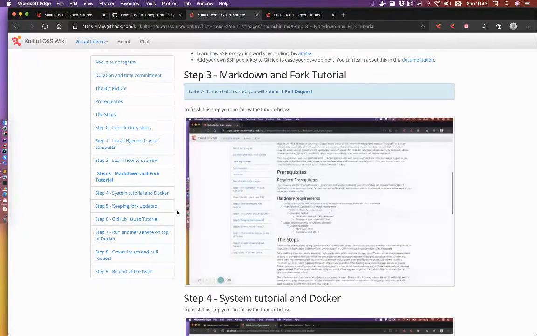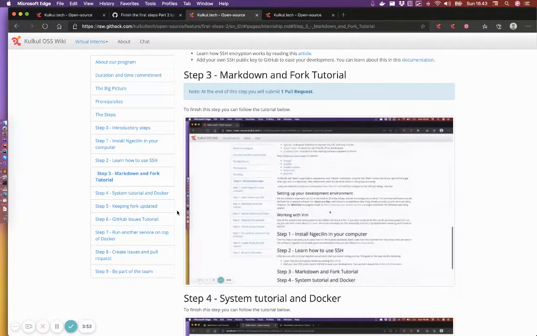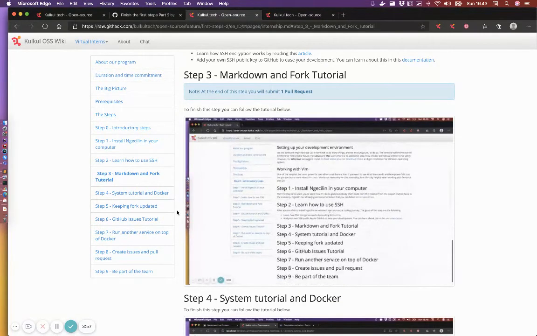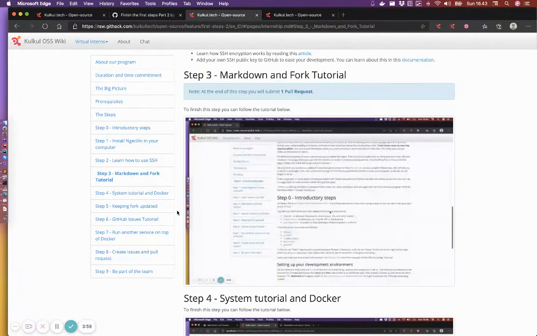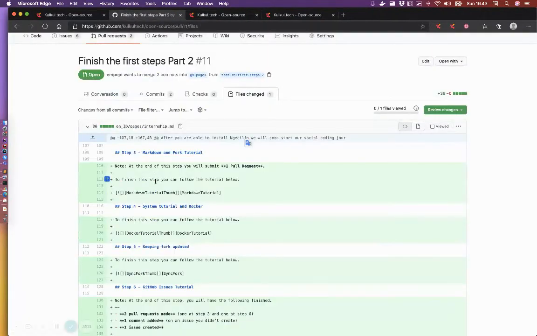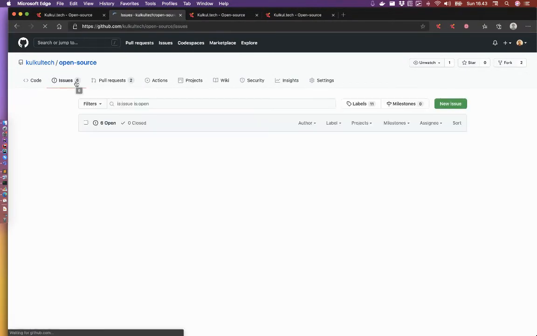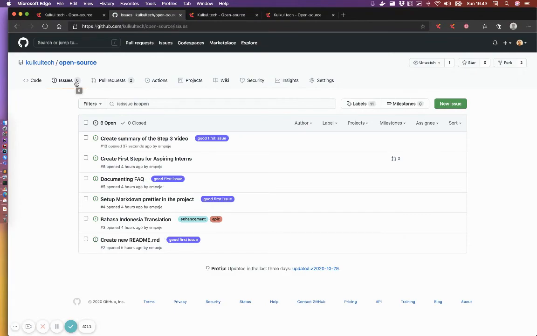So by creating a pull request, we basically propose changes, and we let the people who read the pull request see what the changes are by providing the GitHack URL. So yeah, that's the culture around here. And then your job is to create issues and pull requests.